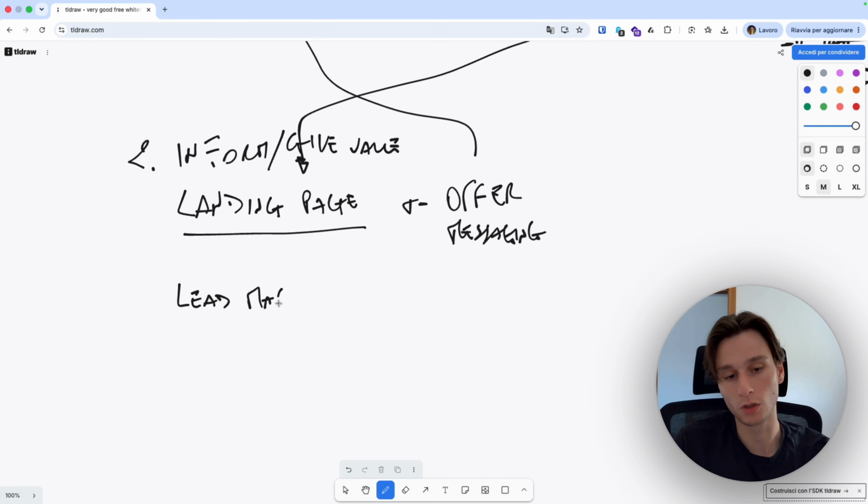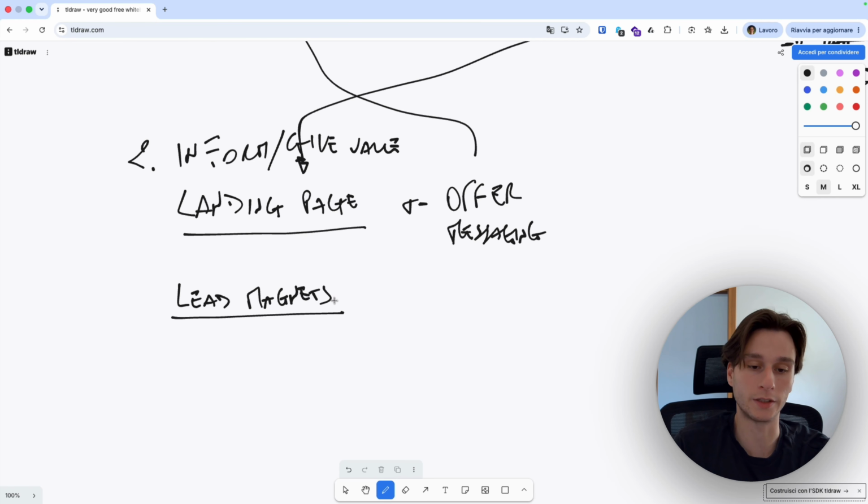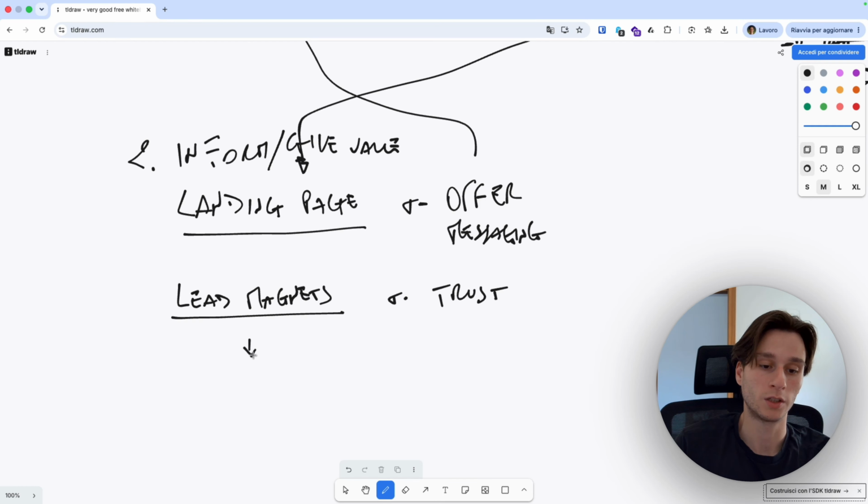Usually lead magnets are free, and it helps you again build trust with your audience and show that you can help them. And lead magnets, I want to be specific here, have to solve only one problem that they have with one simple solution.